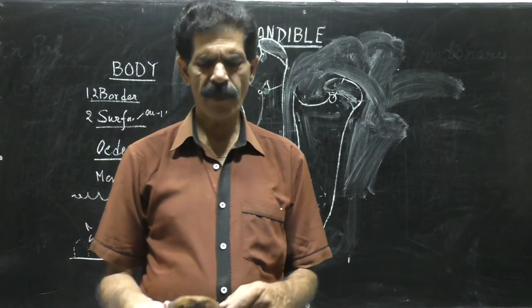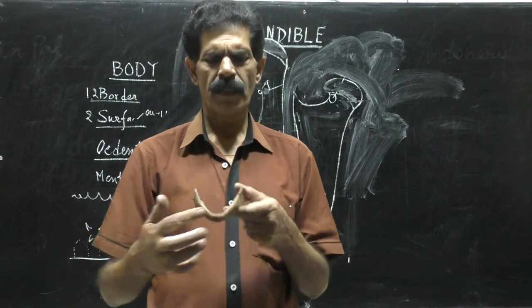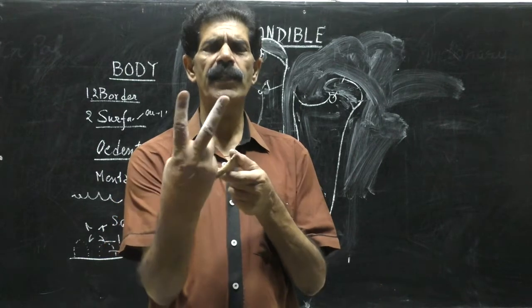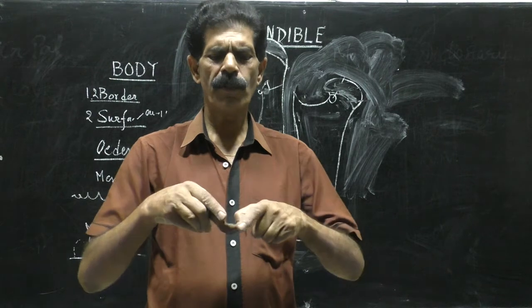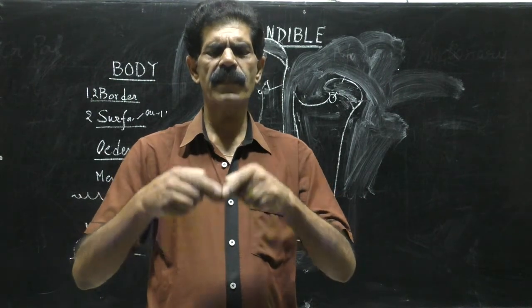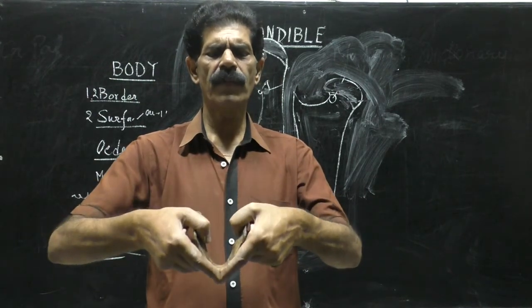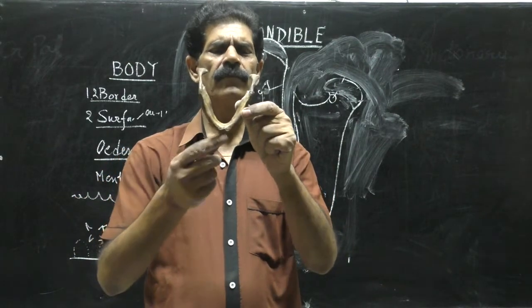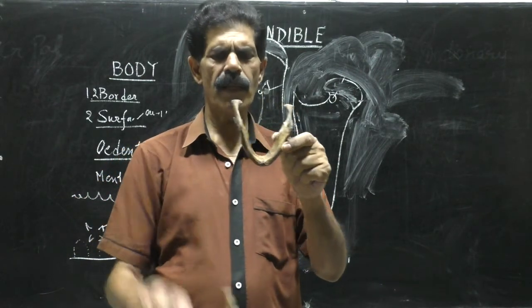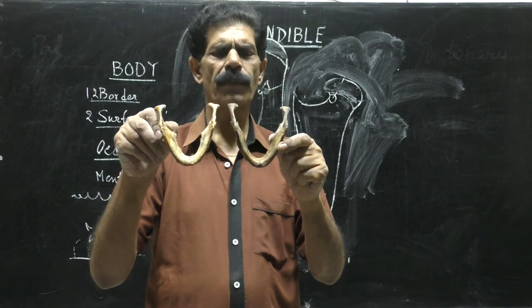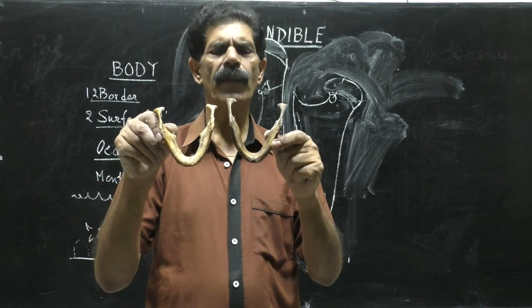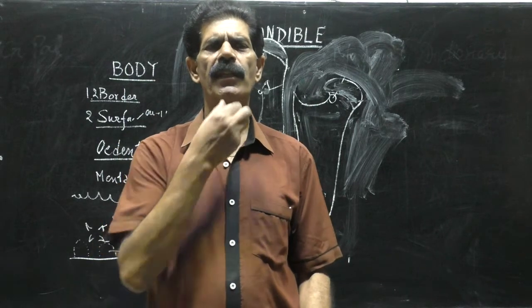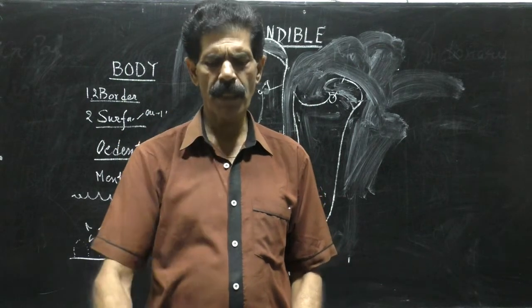But in the case of the female, it is almost V shape because females have got a pointed chin. So the body meets at the symphysis menti in the form of V-shaped geometry. But in the case of the male, it gives the U shape. So this is how we differentiate the V and U geometry of the mandible, because of the pointed chin in the female and the broad chin in the male.